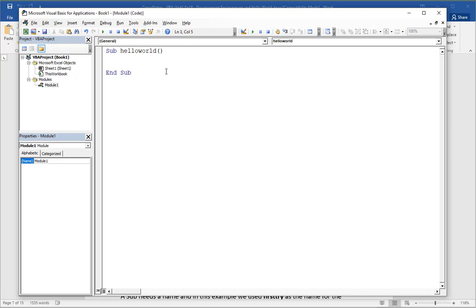And inside this sub and end sub are a list of 1, 10, or 100, or 1,000, or however many instructions I want that Visual Basic is going to execute when this code gets called on. Message box is the command I'm going to use. And when I type this, the VBA editor gives us this context help that tells us a little bit about what it's expecting. So it's expecting in this yellow prompt, message box, a left parenthesis, right? And then it's expecting a prompt. This is what the user is going to see. So inside string literals,